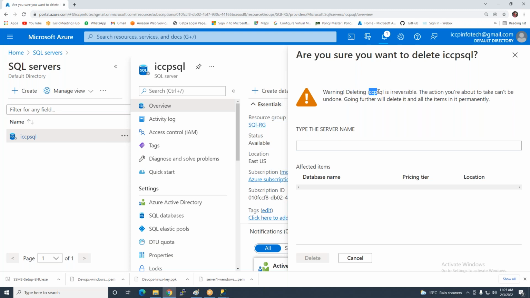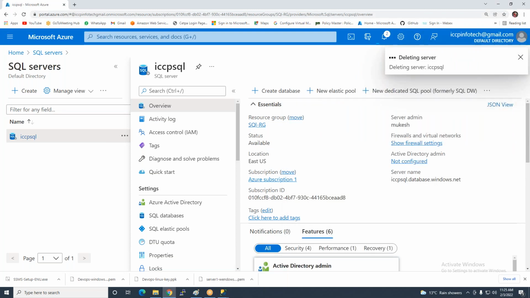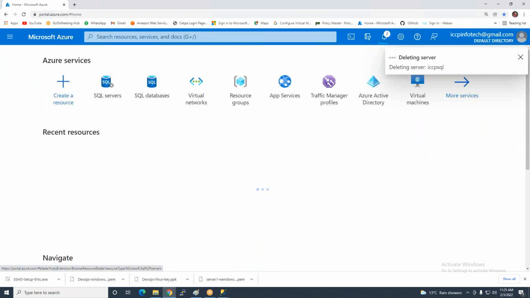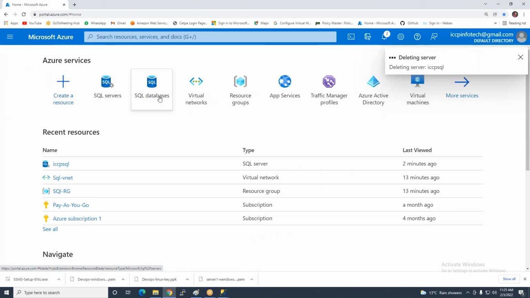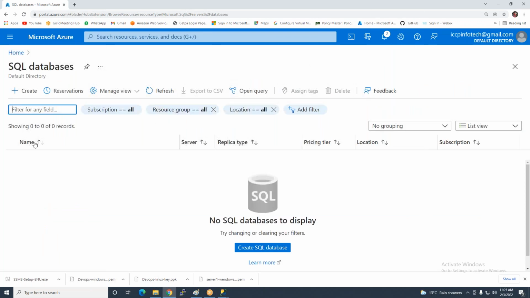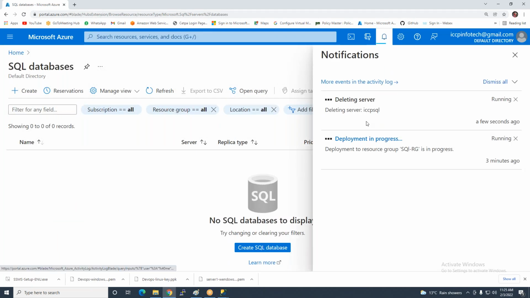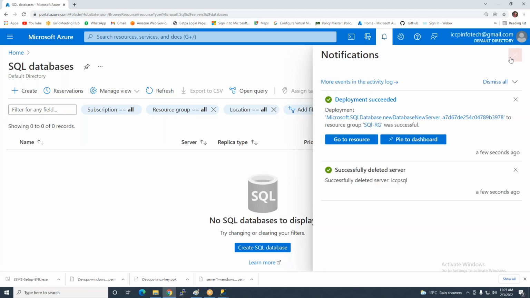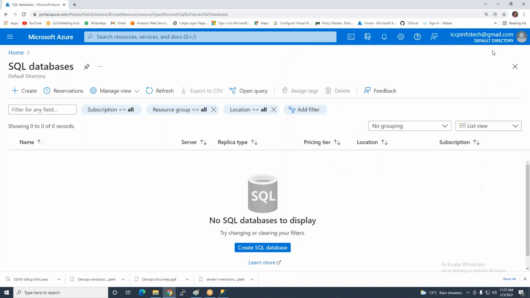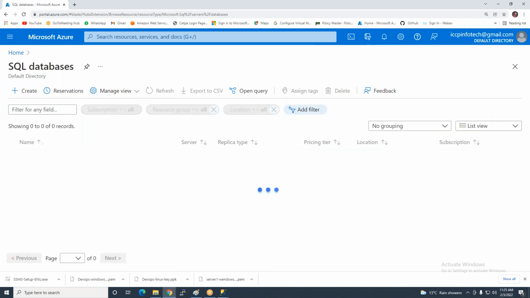name of ICCP SQL and now delete। So ये मेरा पुराना है। So one more database is available here, I'm creating one new, so I'm just clicking on SQL database, so just wait for it to deploy। तो यहाँ पे देखिए अभी मेरा डिप्लॉय में चल रहा है second ICCP। So when it's done, then I'll explain to you how to। So now it's successfully done। तो guys देखिए अगेन मैं इसको एक्सेस करता हूँ यहाँ पे।